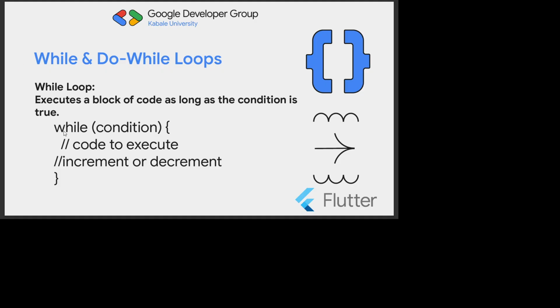You write the keyword while, then you put your condition inside here, and then your code to be executed inside the curly braces, and also still inside the curly braces